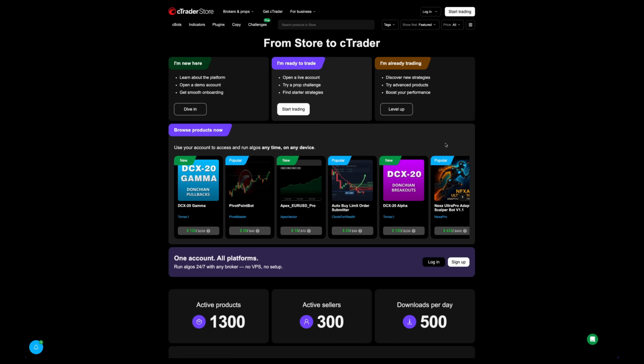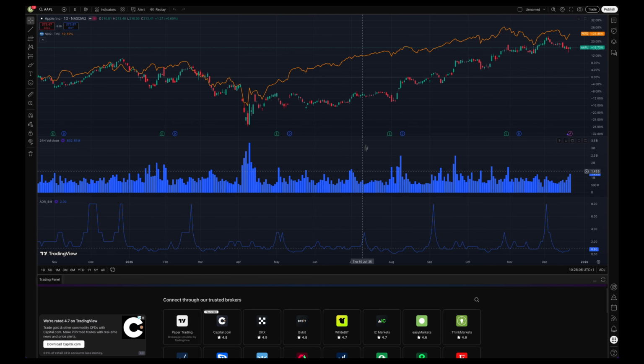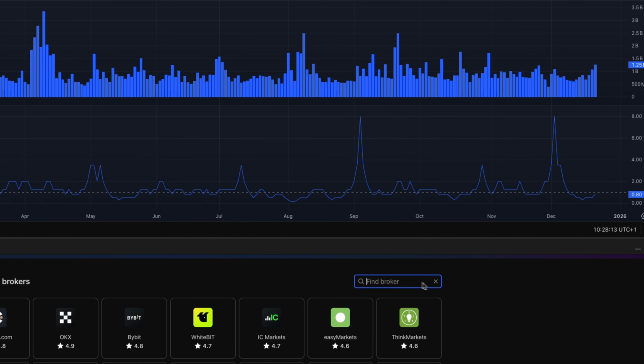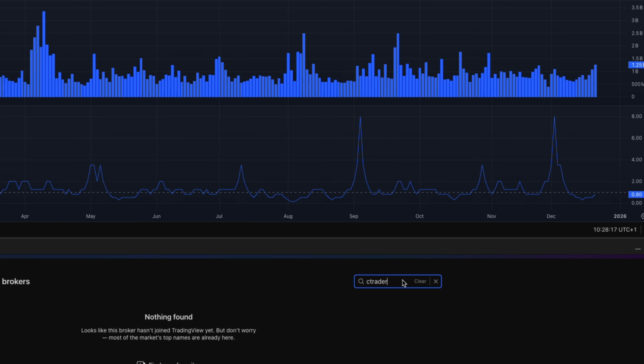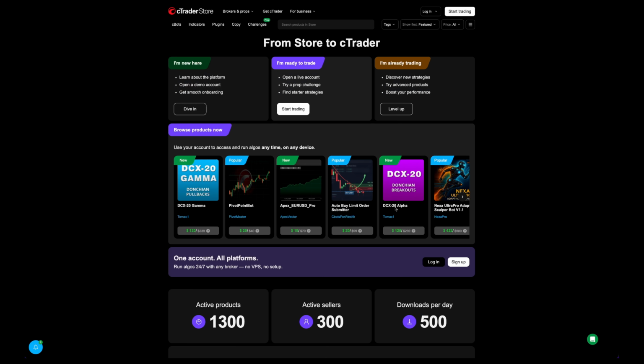In this quick tutorial, I'm going to explain how to connect cTrader to TradingView. Now, if we go to the trading panel in TradingView, then we click on the search button and simply search for cTrader. As you can see, nothing is found. That's because it's not available directly on TradingView, but you can go to the cTrader website and you can create